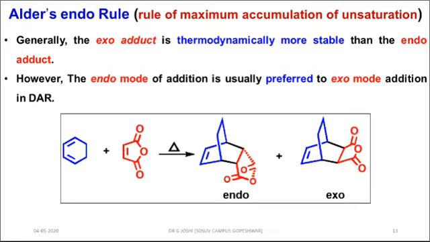Generally, it is observed that in Diels-Alder reaction, the reaction proceeds via the transition state in which the most powerful electron withdrawing group on the dienophile acquires the endo position or below the diene, instead of pointing away from it. This generalization is known as endo rule. Generally, the exo product is thermodynamically more stable, as we can see in this example.